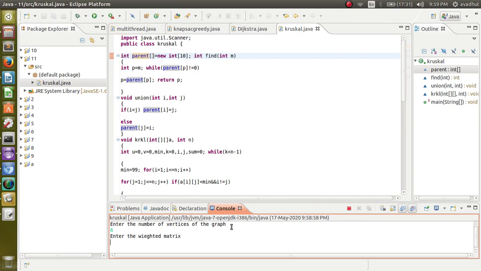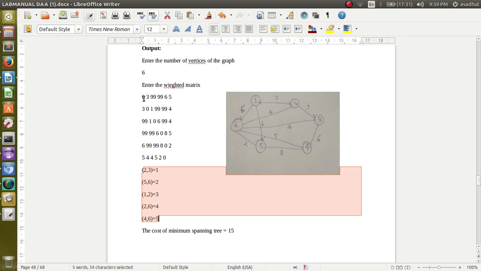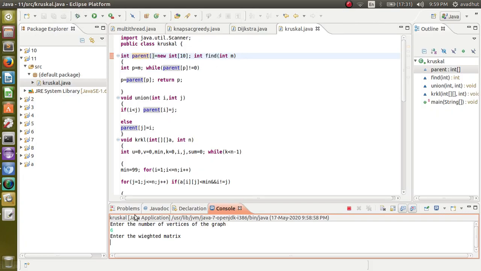Next it is asking me to enter the weighted matrix. So I will copy this weighted matrix and paste it here. Yes, I have entered. Then see, it is showing the same thing that was displayed in the program there. So only these edges are included which bring the minimum cost for that spanning tree.